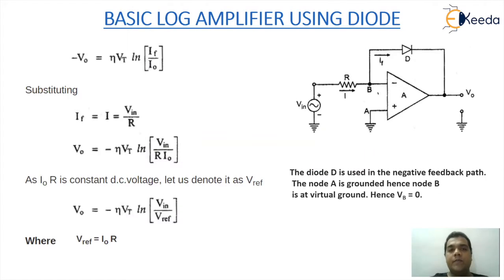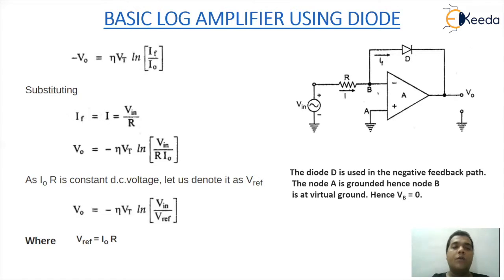So if you observe the basic circuitry shown there, we are going to discuss now a basic log amplifier using a diode. You can see an op-amp with the non-inverting pin of the op-amp connected to ground. Between the output point and the inverting pin, you can see a diode and also a resistance R where a current I is flowing through R because of the voltage source connected to it defined by Vin. So this basic arrangement is going to work like a log amplifier.